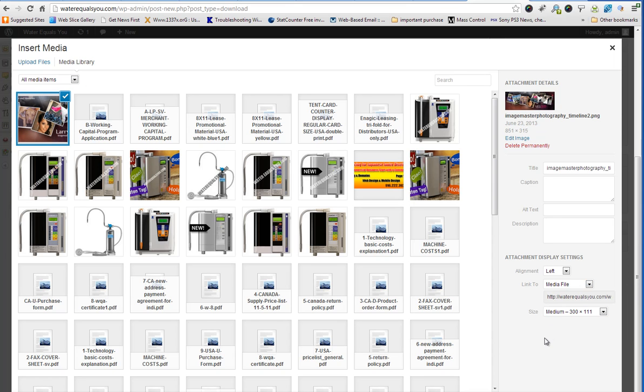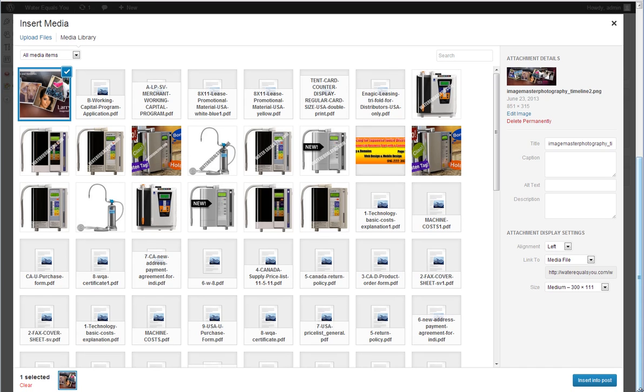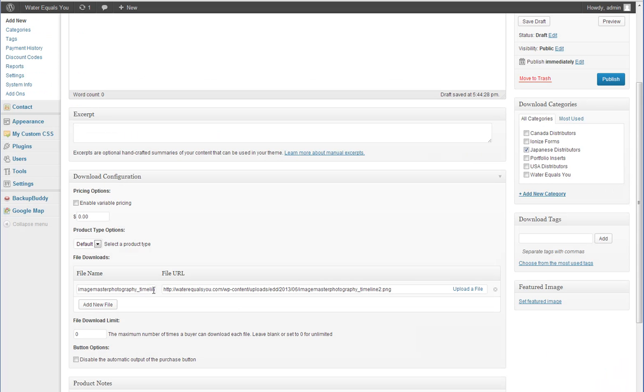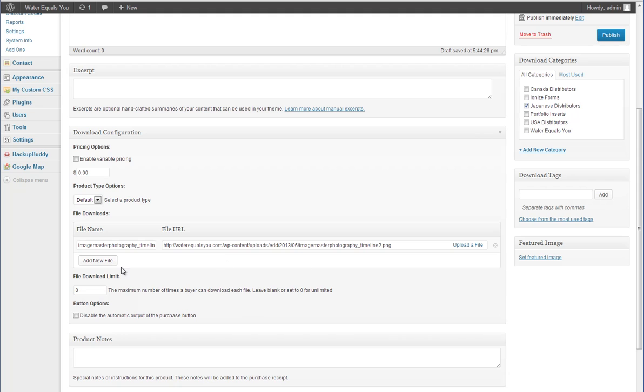Now on the right hand side, we're going to scroll down. Let me expand this a little bit bigger, and you can see where it says insert into post. When I do that, it automatically puts the URL where that file is located now in here for you, okay. If you needed to put multiple files for this particular download you're calling new download, then you simply continue